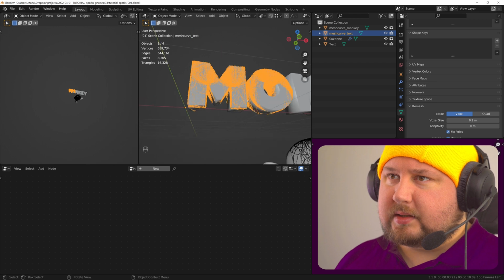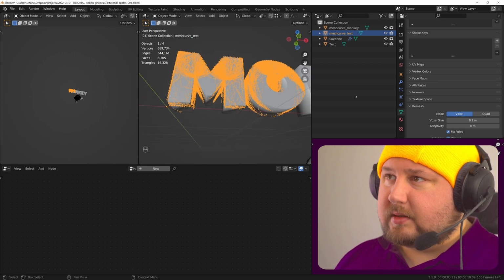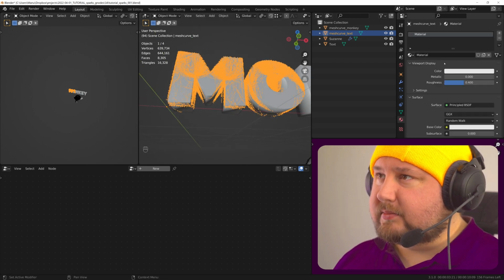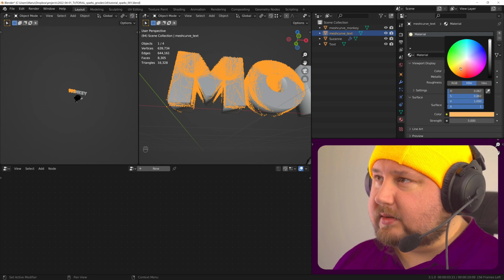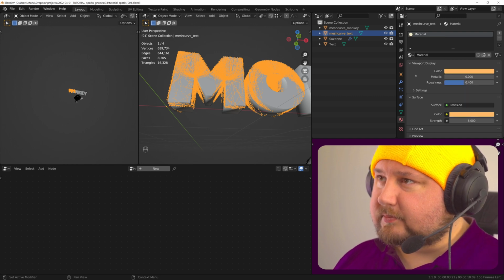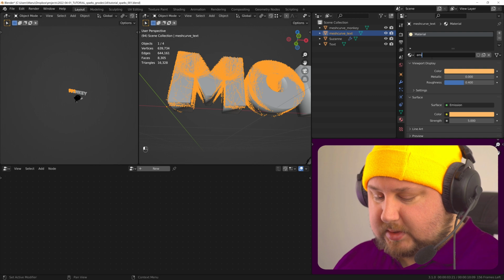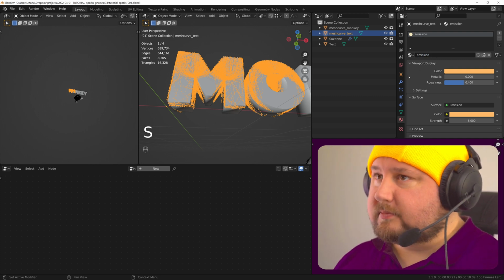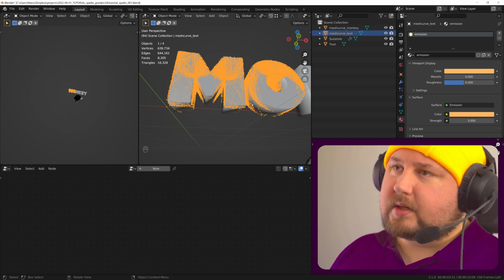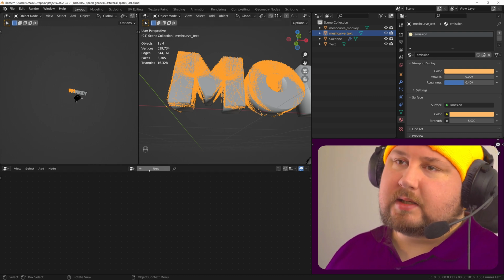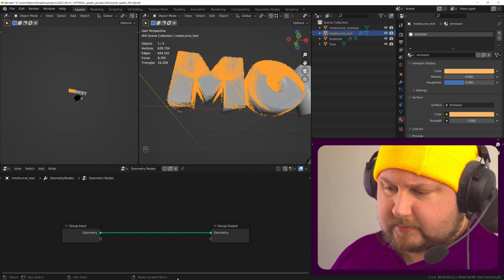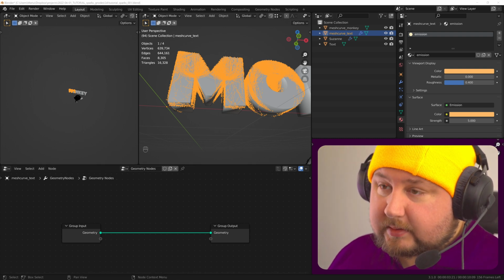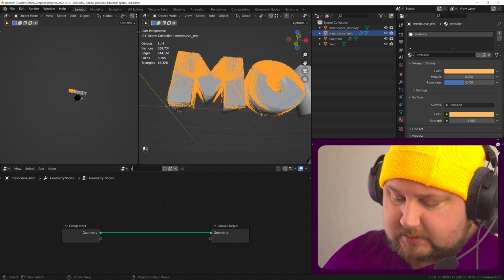Okay, now we can create a material which is emission 4 or 5 and a little bit yellow. Emission. Okay, and let's create a new geometry nodes thing. Let's name it sparks,